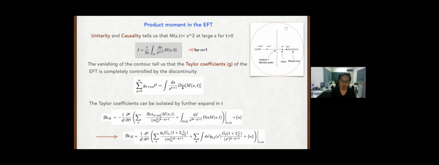And usually we sit in the forward limit, but in recent years we've learned to appreciate exploring the geometry away from the forward limit. So we'll do a Taylor expansion in T on both sides. And therefore we'll have a dispersion relation where GKQ is the coupling constant of your Wilson coefficient. This form will be more enlightening: this is the contribution from the residues, and these are the contributions from the discontinuity. And of course, importantly, unitarity tells you that these expansion parameters are always positive. And so this is the positivity